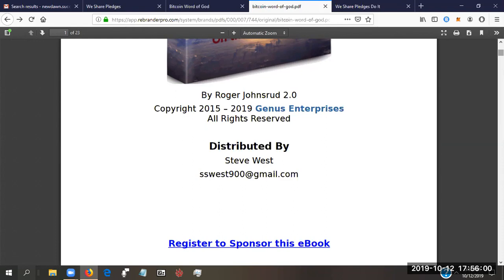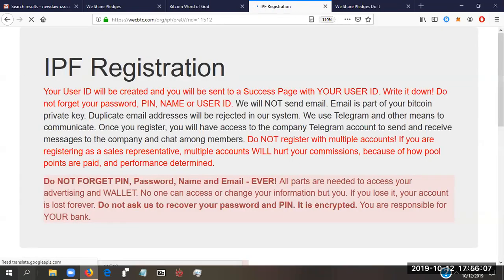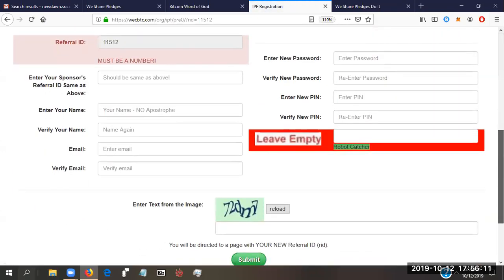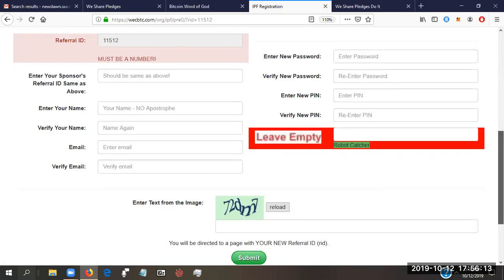Click down the bottom, Charles, where it says register your sponsor's book. This will always go back to you, every one of you, until that person joins. Here you go. Here's your registration page. There's my link, 11512 up top. This will always go back. This book can be given out to 1 million people, and it's always going to go back to my link when they sign up until I turn around, or your link in this case, I turn around and say,